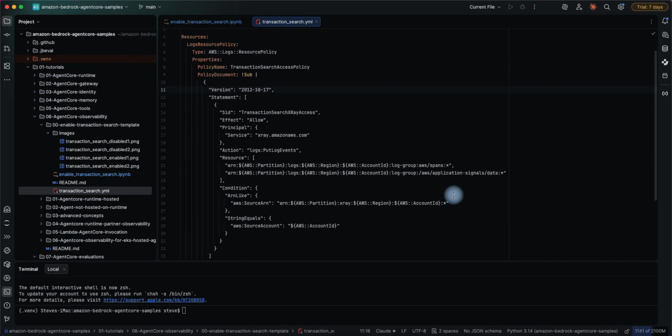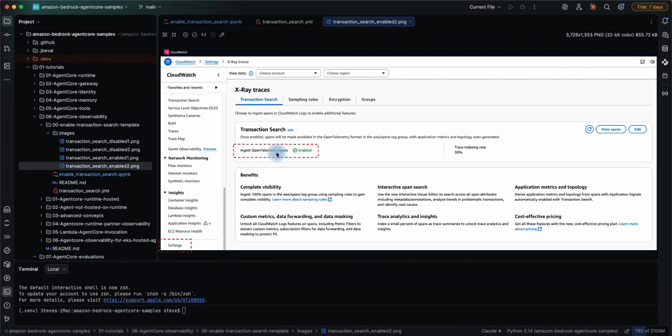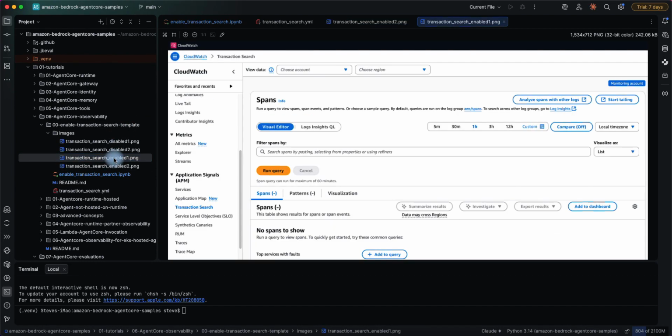Why it rolled back, I don't really know at this point, but it looks like we have run this demo, and we did see this enabled, so in the X-ray traces, and then what else? Oh, we didn't see any spans yet because we're going to run some examples right now and see if the observability works. So let's just end this video and move on to this next